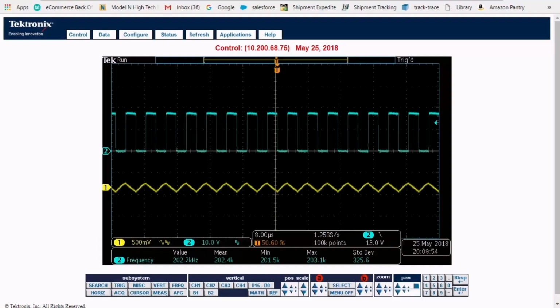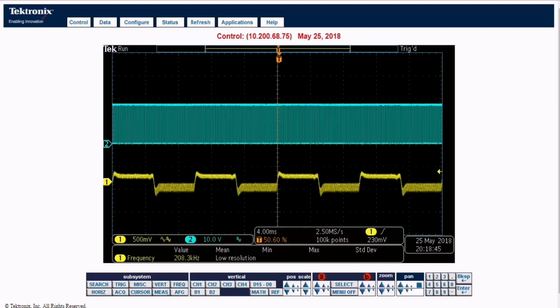I am probing the plus 15 volt output and you can see the output voltage ripple. The second channel I am probing is the drain source voltage of the primary side MOSFET, whose switching frequency is 200 kHz. Now I am introducing a 50% load step at the output, where load current is increased from 50 milliamps to 100 milliamps at a frequency of 100 Hz. Here you can see a damped, well-stable output voltage response,